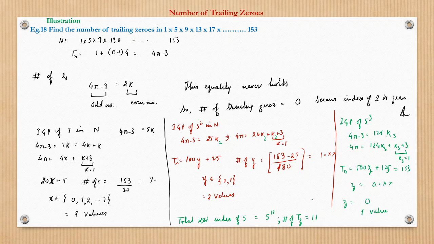No, this we cannot write, because number of trailing 0 will come from 2 also, and since number of 2 is 0, so number of trailing 0 would be, sorry, would be 0. However, the index of 5 would be 5 raised to power 11. This was just done to show you the process to calculate the index. However, we should be careful for both the powers of 2 and powers of 5, right?